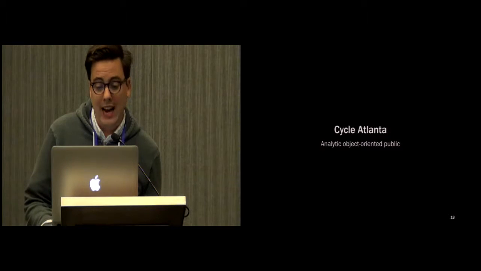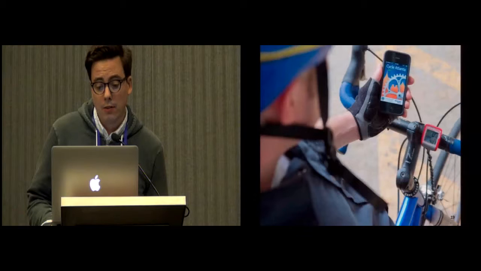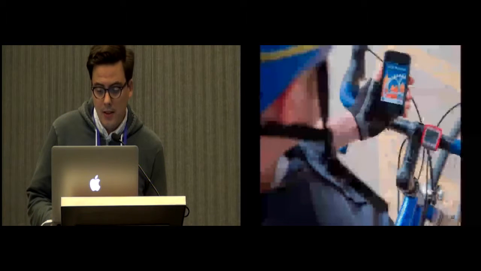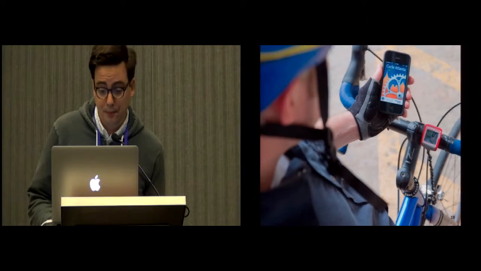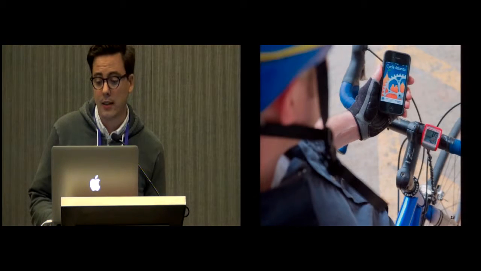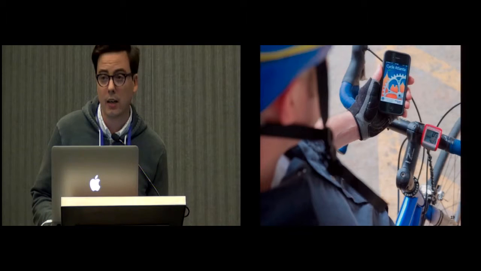Cycle Atlanta is an example of an analytic object-oriented public. At its core, Cycle Atlanta is a smartphone app released in the city of Atlanta. Citizens record their bike rides, upload their route data, ride purpose, and demographic information. City planners then use this data to determine what kinds of cycling infrastructure might be needed for a robust transit